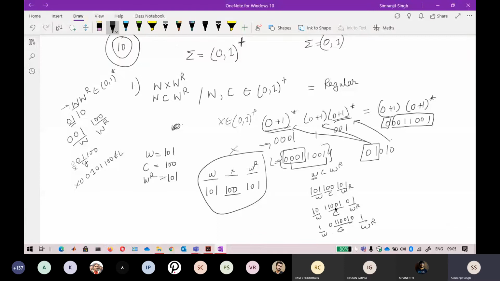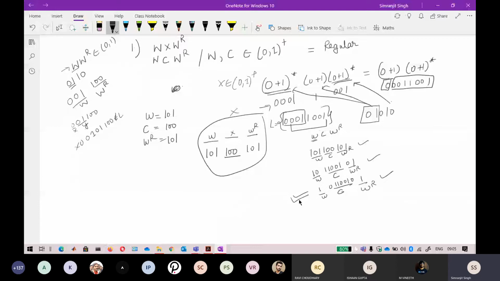The reversal of 1 0 is 0 1. Okay, so if you are seeing clearly the possibilities here, this is also correct, this is also correct, this is also correct. So there are three possibilities. So if you think, what will you consider? If you consider this possibility, always consider this possibility, it will be feasible also.